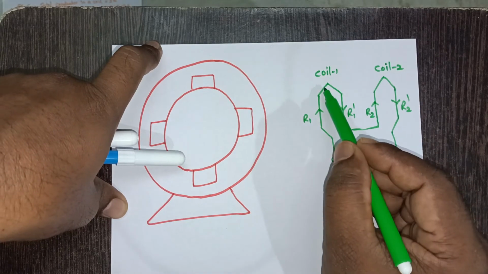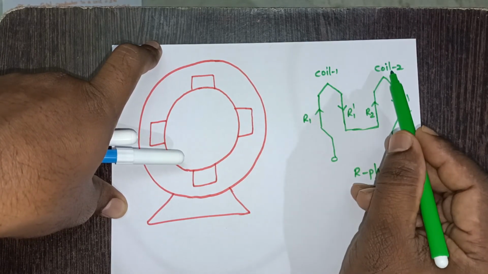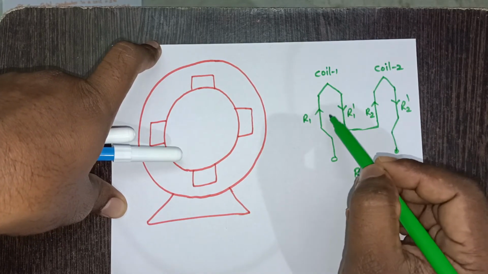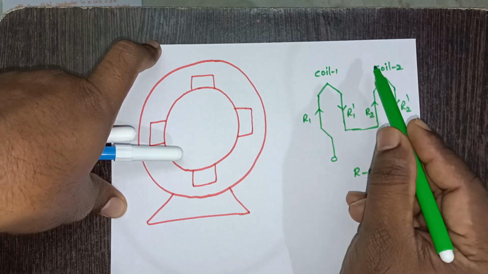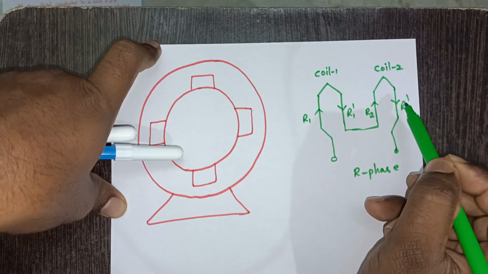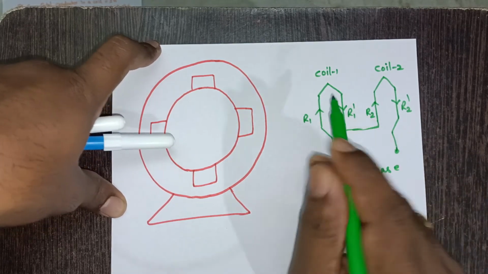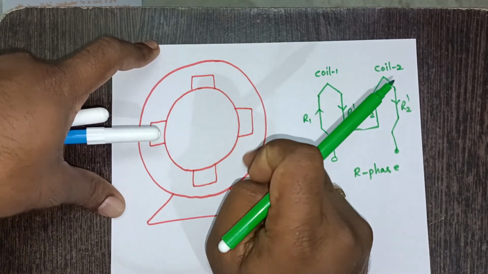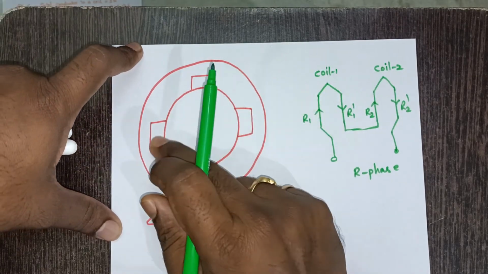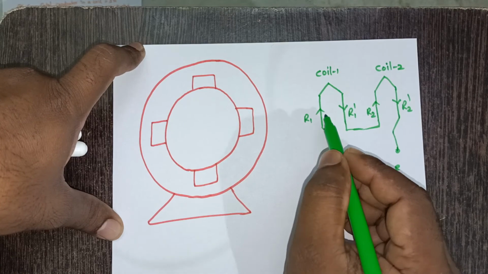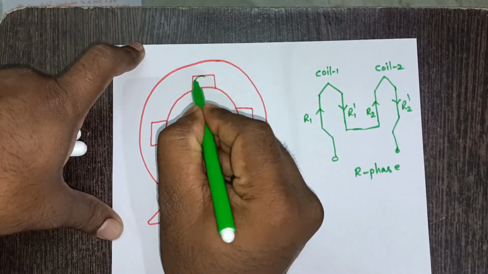If you observe this diagram, as it is having 2 coils now, the total coil sets are how much? 4 coil sets. First coil is having 2 coil sets. Second coil is also having 2 coil sets. So these 4 coil sets we need to put here in stator slots. For that purpose, I have kept here 4 slots. And if you observe this, I'm going to put, see here,